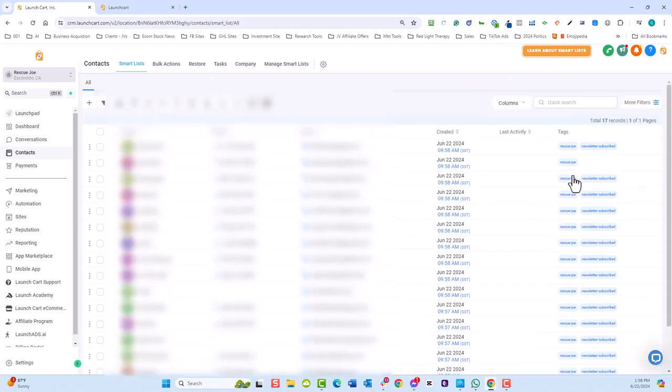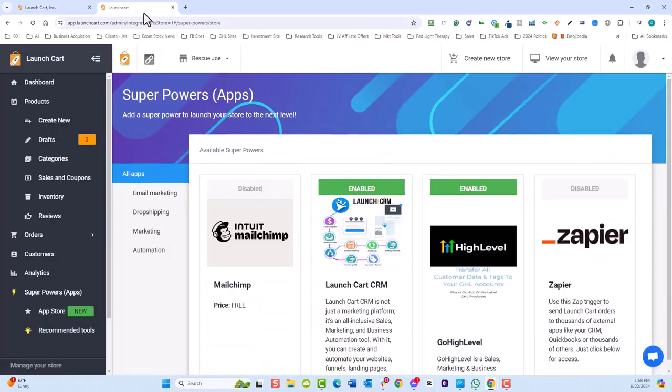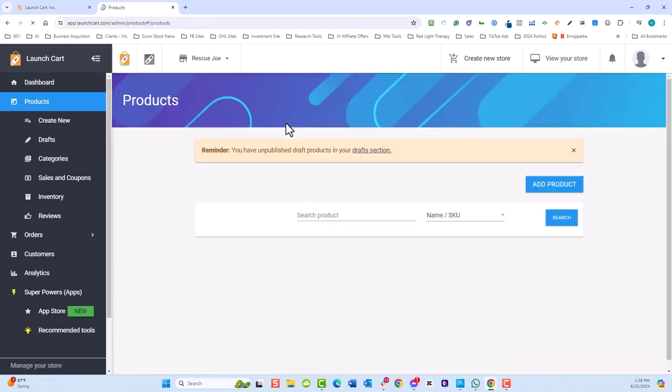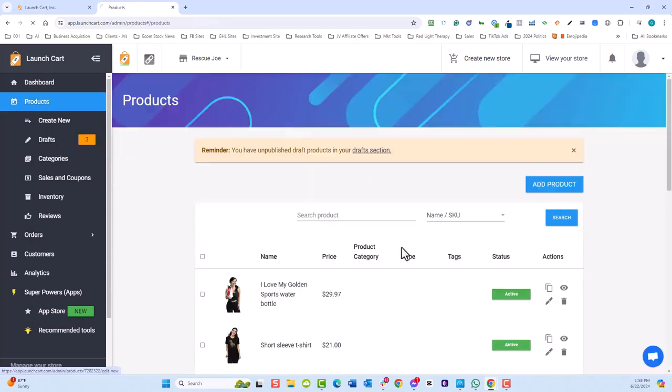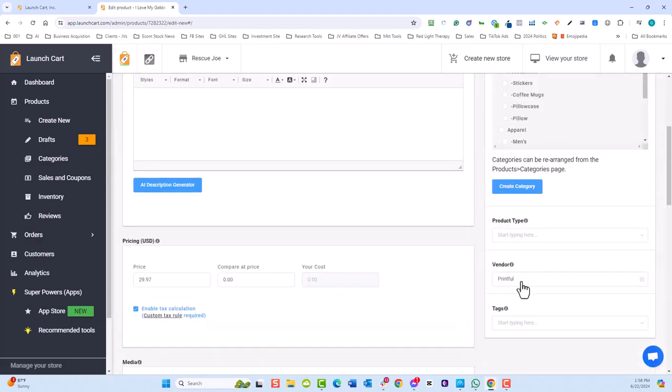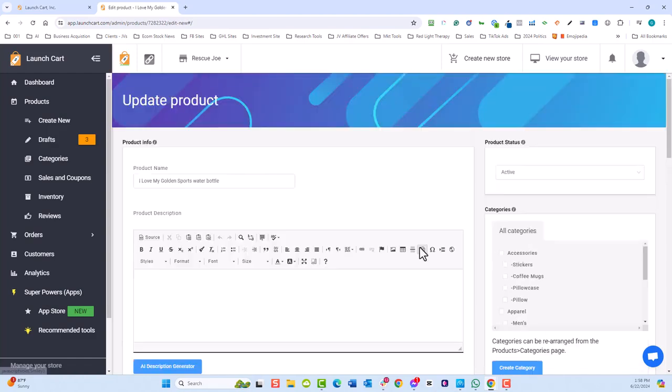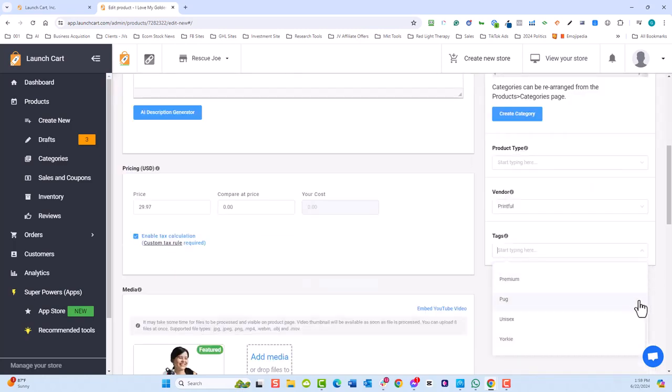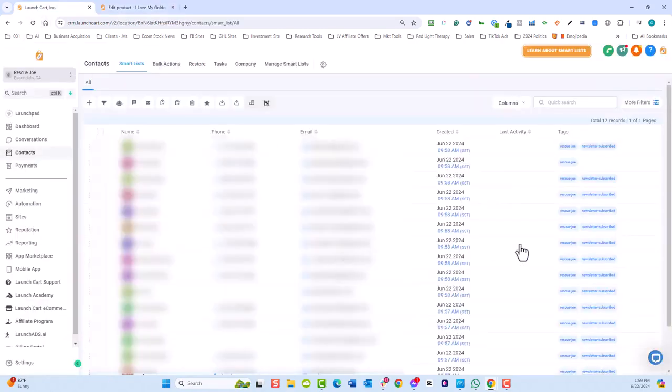Now, the other thing that we want to look at from that perspective is going back here, if I go to products, and I'm just going to edit any product. This store is so old, I haven't really tagged it properly, but we're going to want to put your tags here. And I love my golden sports bottle. So let's say it's a water bottle. If I come down here and I type in tag water bottle, if somebody buys this water bottle, that tag will also be pushed through to here